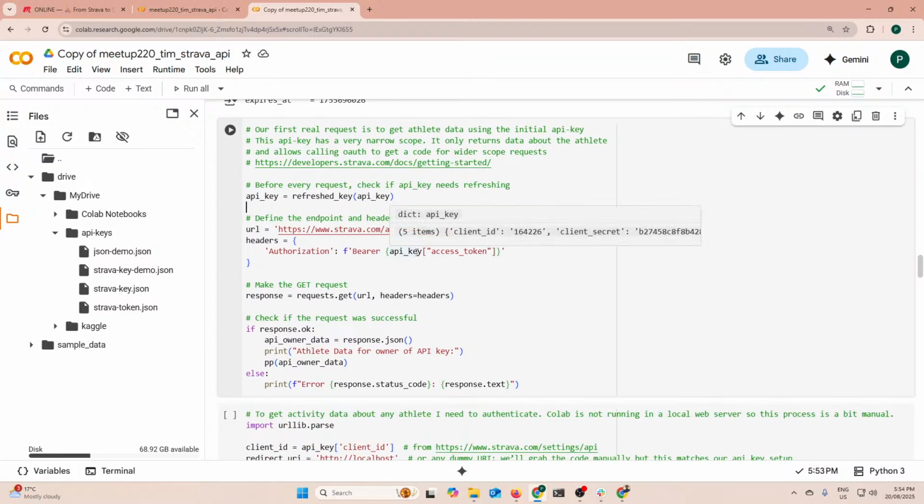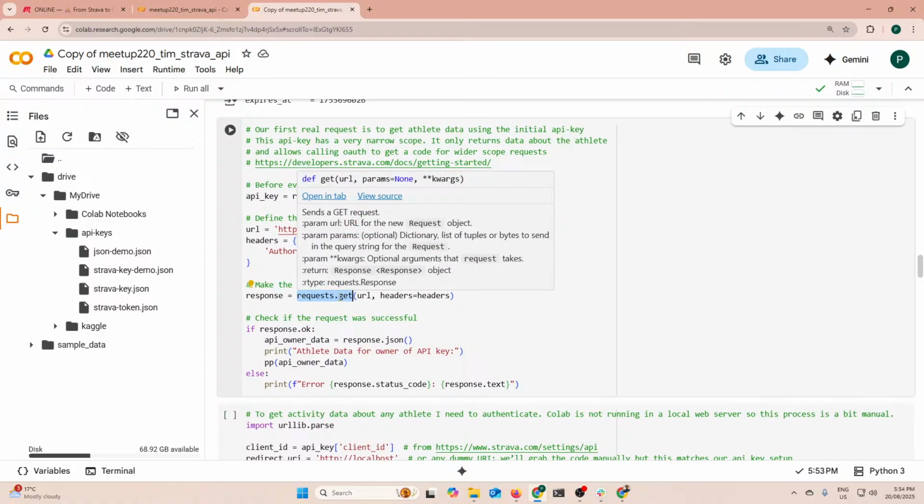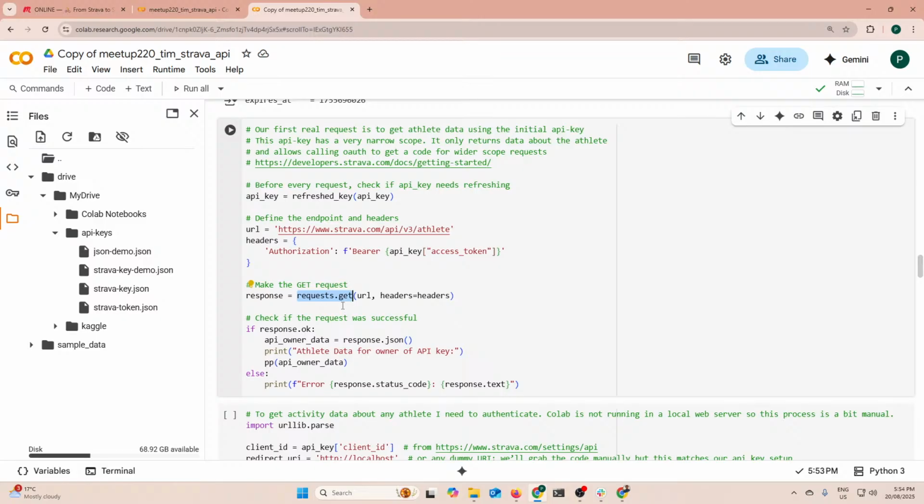Okay, so once we've got our key, I think that's the hard part. The rest is going to be pretty easy. So we want to get some details about the athlete who's got this key. So what we're going to do, we're going to use requests, and this time we're going to use a GET. So remember I said GET is like clicking on a link in a web page, POST is like clicking on a submit button. So we're going to use a GET request. We're going to go to that URL, and if you want to know what these URLs are,